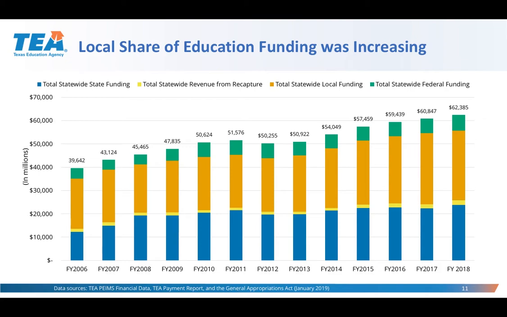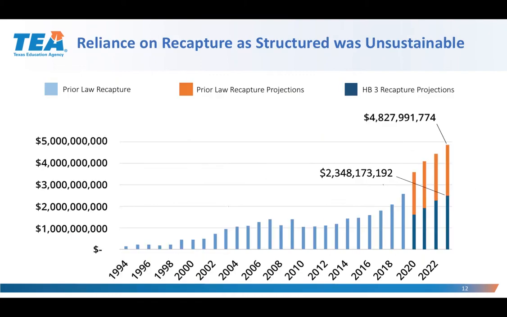You can see that ever since 2008, after the last round of tax compression, when the local share was at its smallest, it has steadily expanded while the state share has remained relatively constant. And then recapture was really starting to increase greatly. It was running along around $1 billion for quite an extended period of time, from around 2006 through to 2018, but lately it's just been exploding upward, and it was forecast to be almost $5 billion by 2023 if the